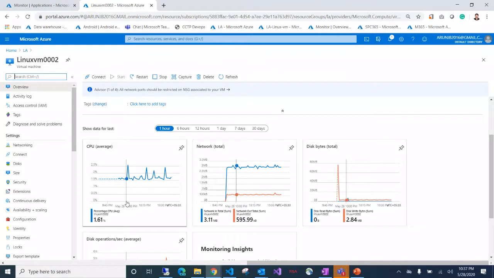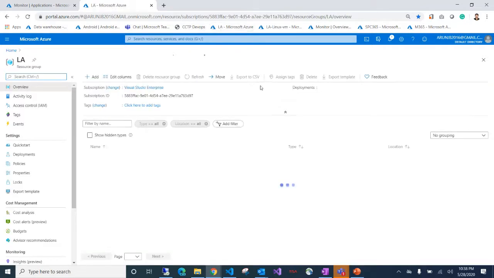As I said, these are the kind of data which we categorize as metrics, and they are very lightweight in application, and they are very useful for real-time debugging scenarios. And when we come to logs,